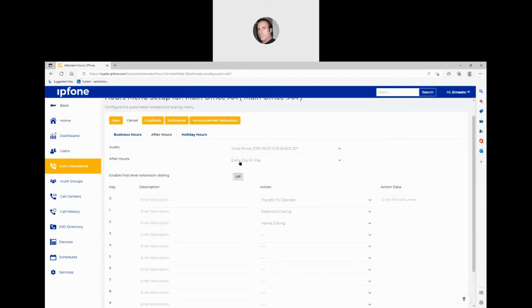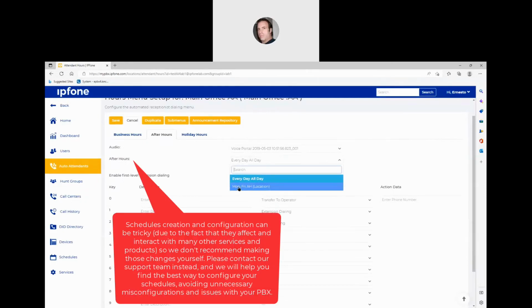And in here, I can tell the system how or when those after hours will be applied using a schedule. For this overview, I had created a Monday through Friday after hours schedule based on the location. I can select that after hours schedule that I previously created, and I can tell the system that once the time of this after hours schedule matches,